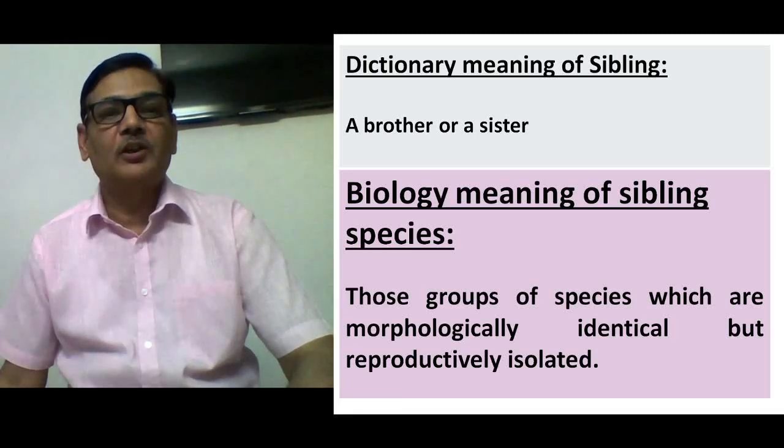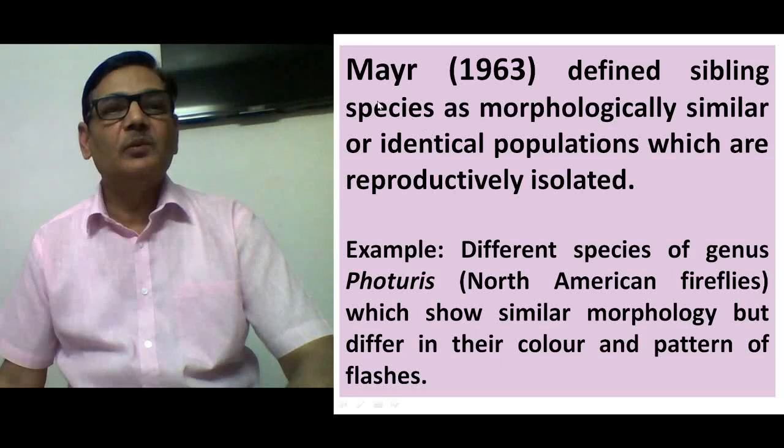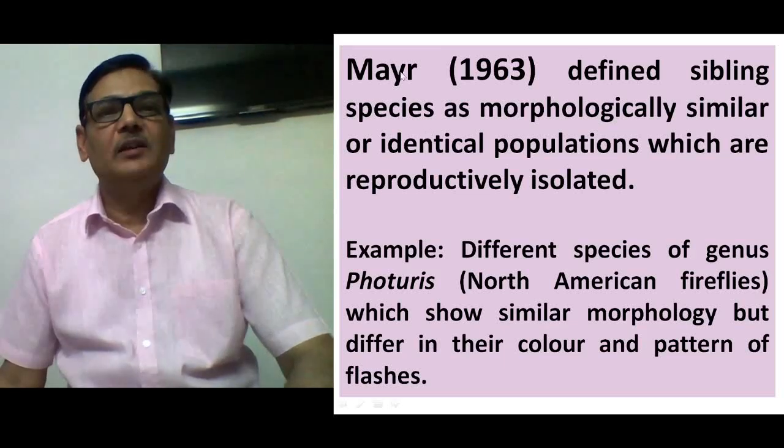Some kind of reproductive isolation exists between those two species, but because they are morphologically identical, they are considered to be sibling species. So it was Mayr who in 1963 defined sibling species as morphologically similar or identical populations which